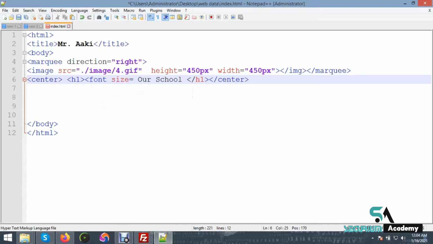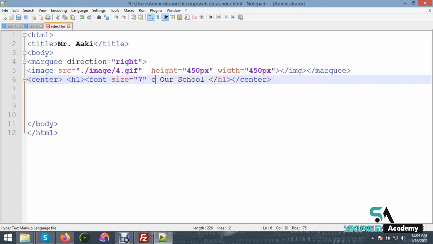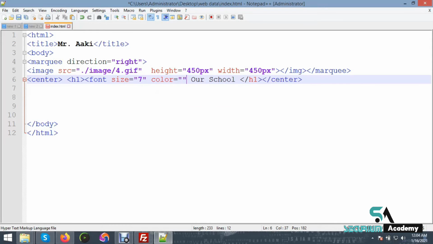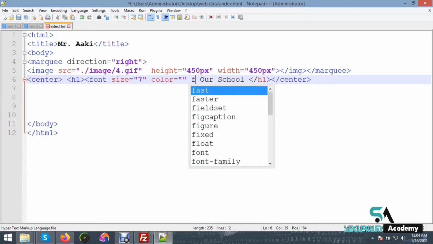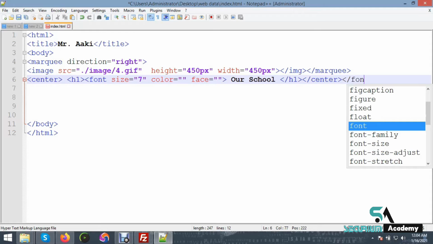equal, double quote, then 7, it's the last. Then space, you type here color, then equal, then double quote, then you type here face, then equal, then double quote. Then in the last you close here font, because we apply this style only to this